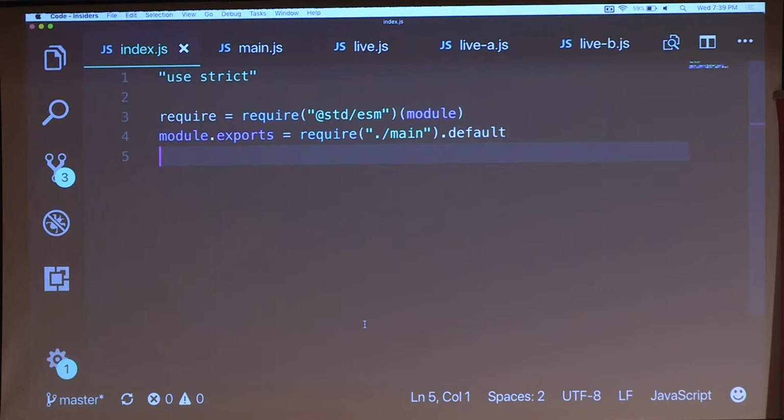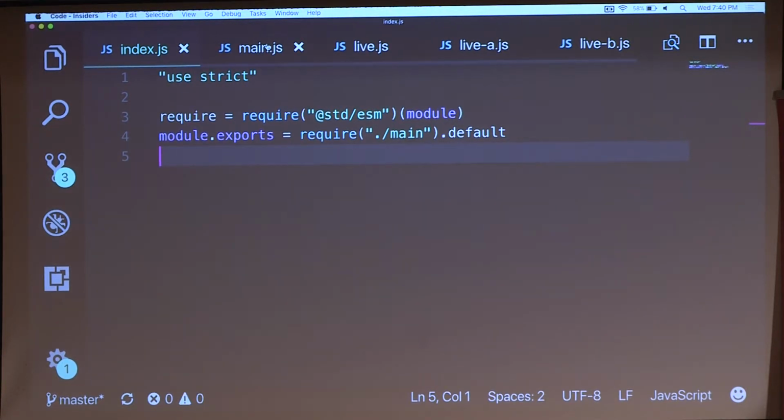Now this is for the first load. This is something that's called the CommonJS bridge. This gets you into ESM code. And then you can see, if you recognize the dangling .default, if you've worked with Babel before, you know that you have a .default export there. So there's that. So then let's look at the